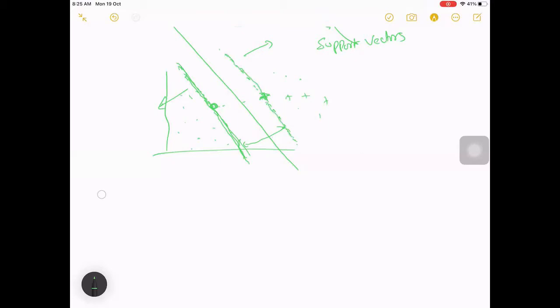Okay, so now the main idea behind this: we always have a learning algorithm, right? In case of previous examples, we had a loss function and we tried to minimize the loss. Similarly, the objective here is that we have to maximize this margin, the width between these two. If it is wider, it means it is separating those two classes very well, right?